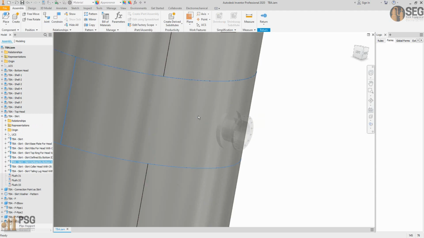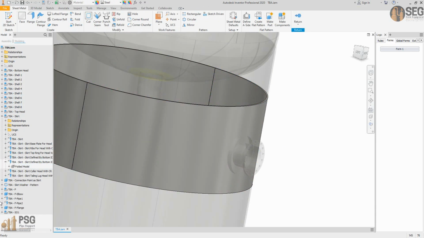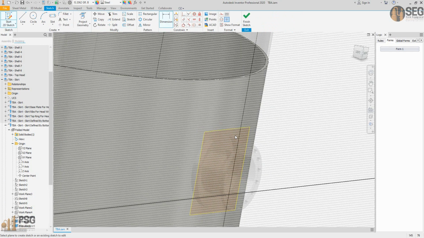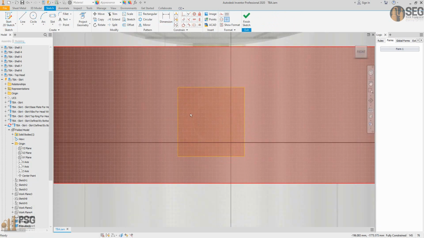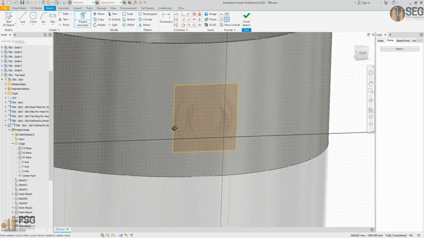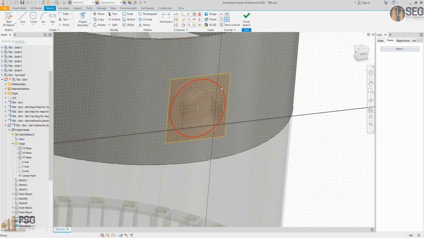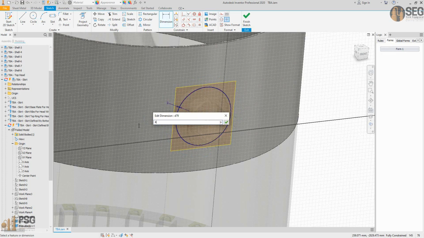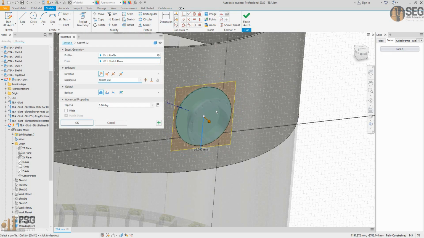So let's go inside the skirt and go to inside that part. From here we can select that plane or directly select a sketch and create a sketch here by using the pipe. So from here we have this sketch. So let's make it a construction line, and from here let's make a gap of a cut with 2 millimeters or more if you would like to make it 4 millimeters. So from here let's make extrude cut